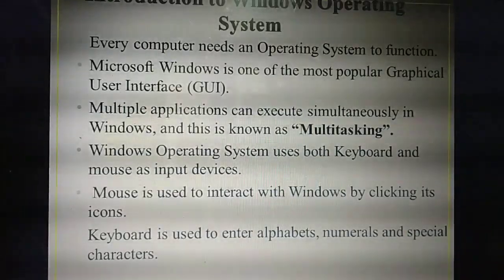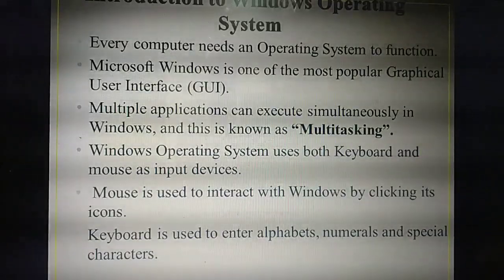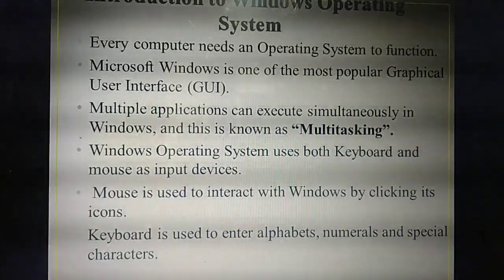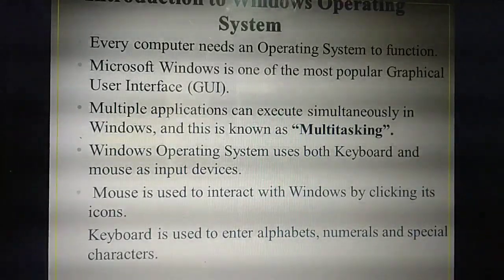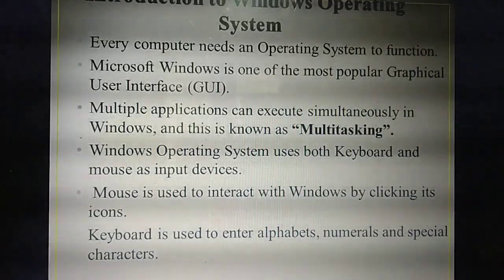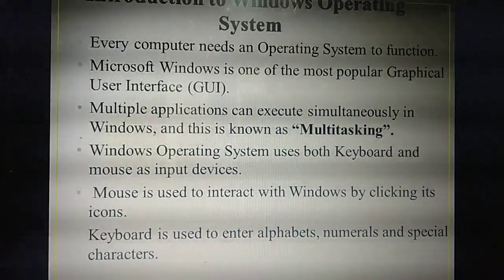For example, all of you have mobile phones in your hand. When you buy a mobile phone, they have not installed any software. Based on your needs, you install some software, isn't it? Downloaded from the Play Store. Without installing that software, is the mobile phone useful? Without installing that particular software, the mobile phone has no use. In the same way, without the operating system, the computer cannot work properly.